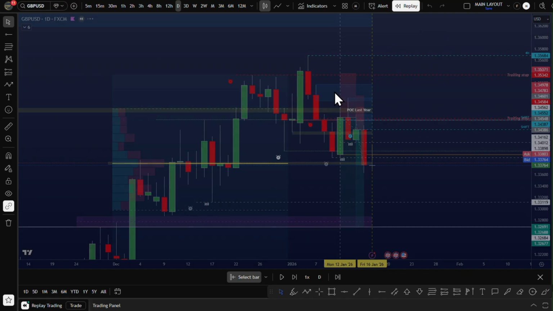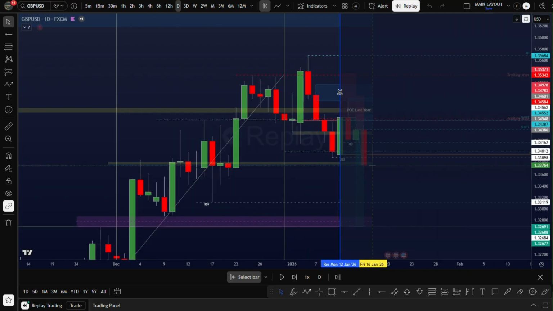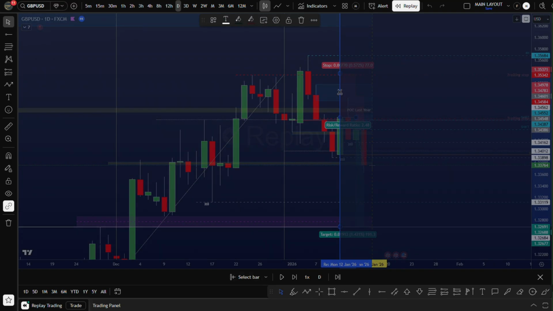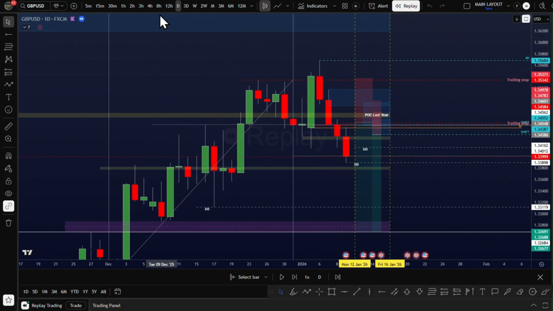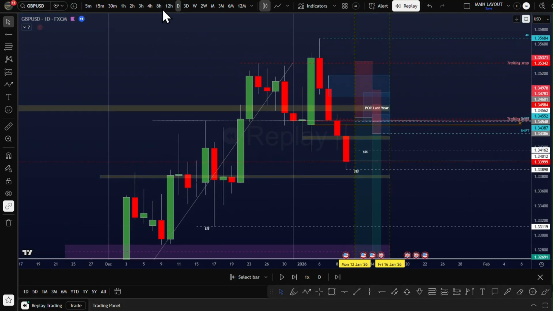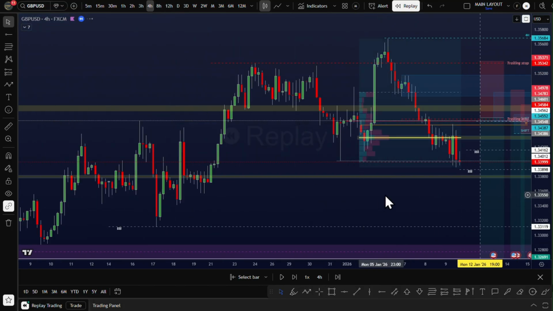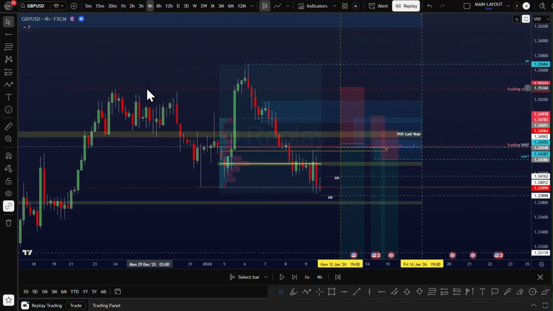Let me place my replay tools. On the 4 hour, you can see we have a 4 hour order flow. You see, we already broke this low. I think we broke this low last week. I marked up my point of control from the last week. I also keep an eye on the point of control from the last year. This is the plan